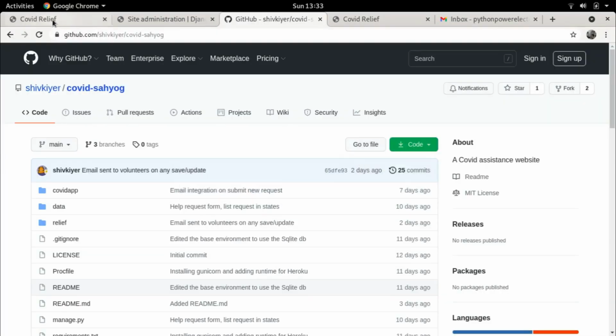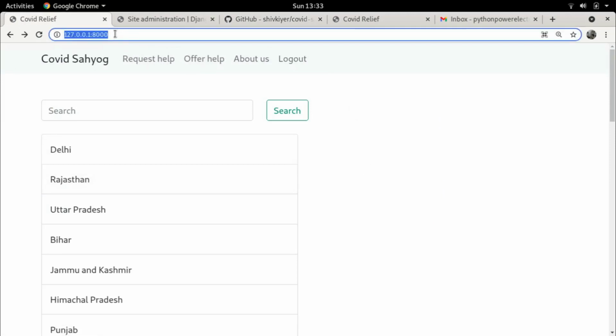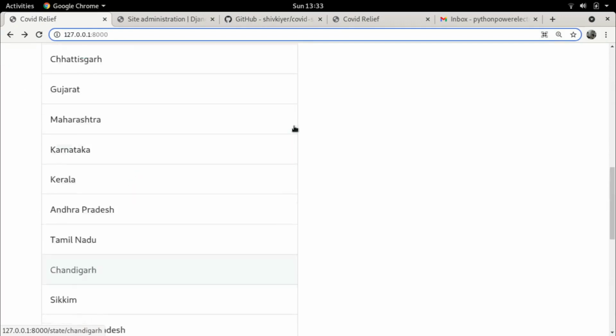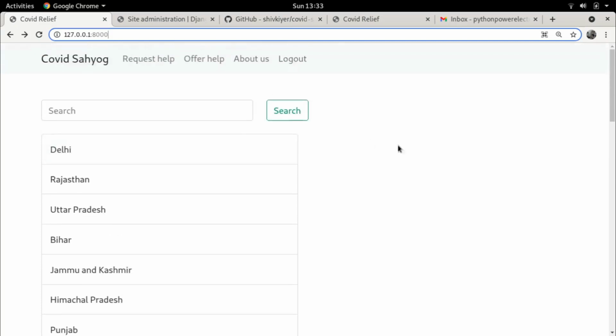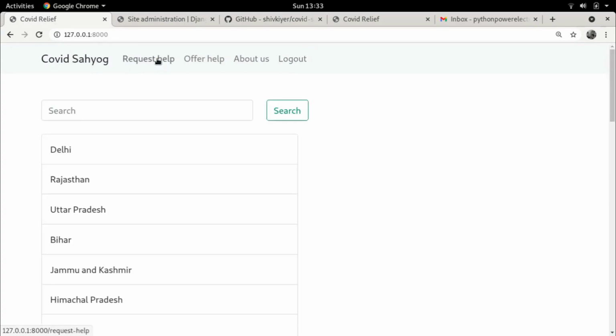Coming back here, this is the home page of the application. As you can see, this is the link, which is my own local computer, and this page lists out all the states in India. I do believe I've missed out one or two states such as Telangana, but that can be added, that's not a problem. Within this you can click on a particular state and find out if there are any requests or offers for help. To get started, you can click on either one of these buttons, which means request help